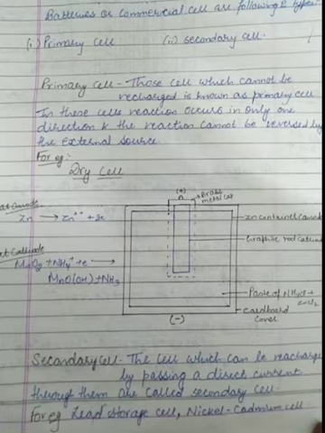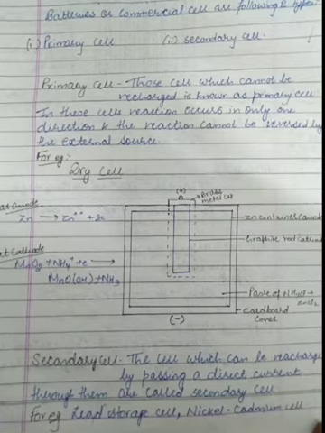Now students, sometimes you have to give its uses also. These are generally used in torches, transistors, radios, calculators, tape recorders. So this is about the basic dry cell. Dry cell is simply what? As we know what a primary cell is, once exhausted it cannot be used again. Similarly, the dry cell, once exhausted, cannot be reused. Its examples are torches, transistors, radios and tape recorders.